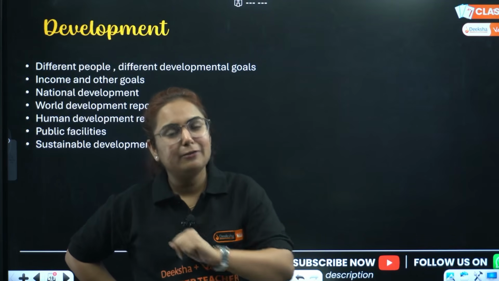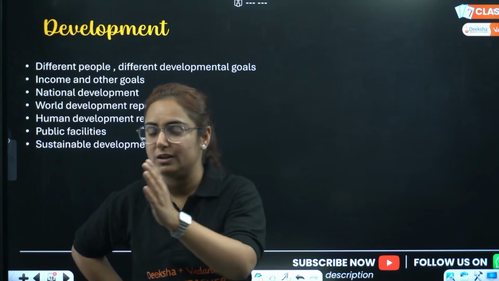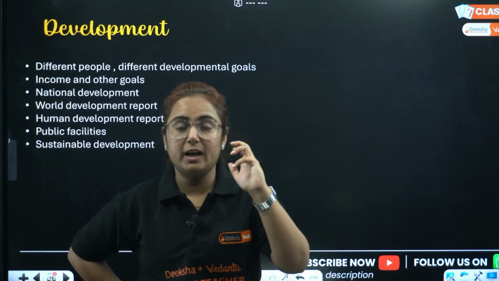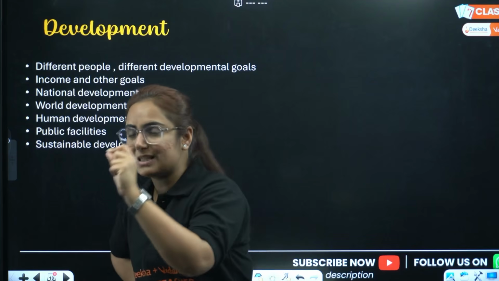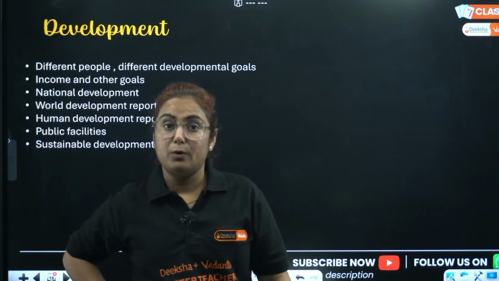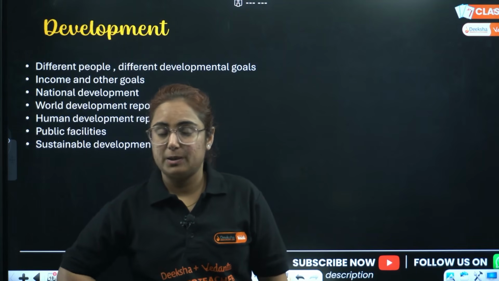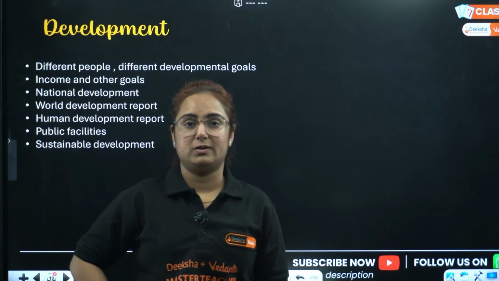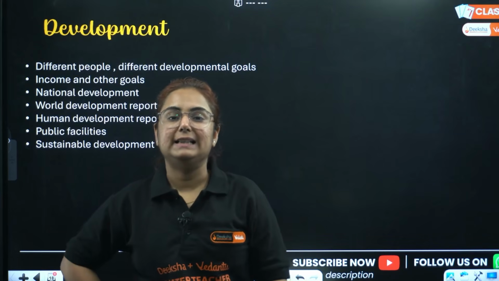Every person has a different developmental goal, and here it is very nicely explained by an example of a girl child and a boy child. Example of a rich person, an industrial owner, who wants to construct a dam for water needed for the industry. However, people getting displaced by it, it is not having a positive impact. So different people have different developmental goals. Development can be constructive for one but destructive for another person.